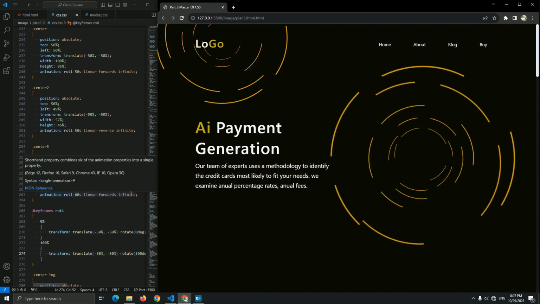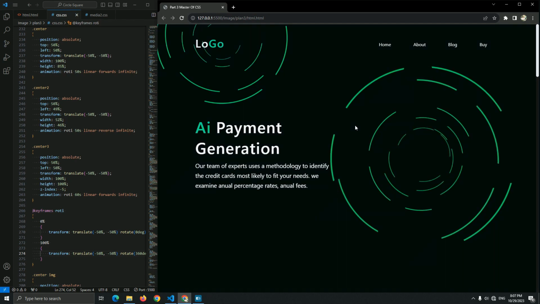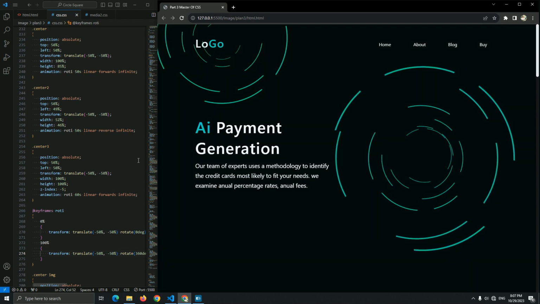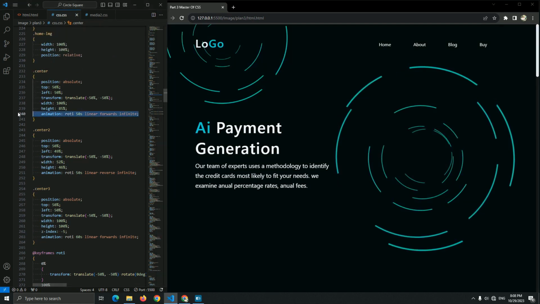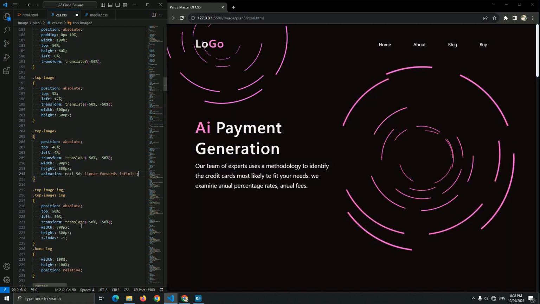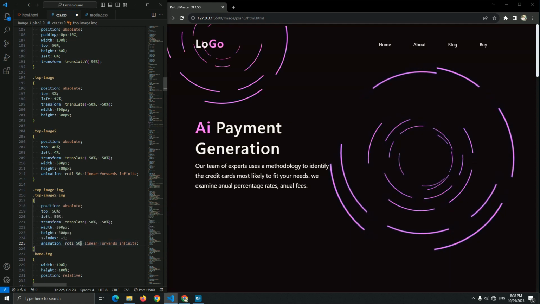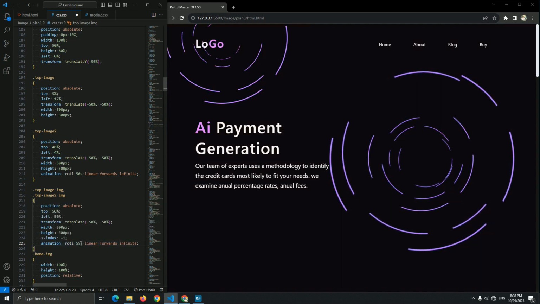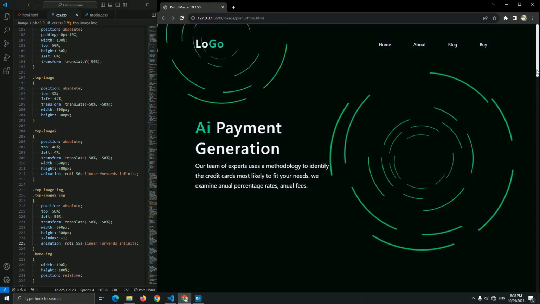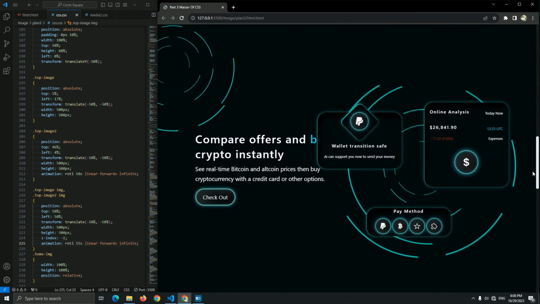But there is a problem when you use this animation, guys. I need to explain it to you as a teacher. So first let me just add the animation inside of this top image. Let me just copy this, paste it in the top image, yes, here, and let me just change this to 55 seconds. Yep, here we go. This is our animation.